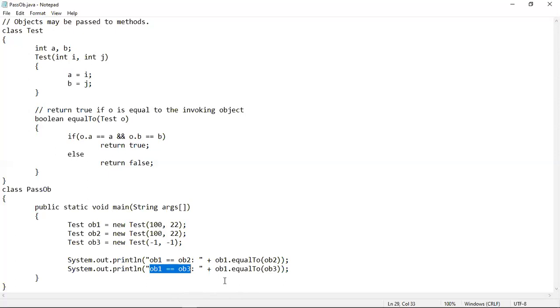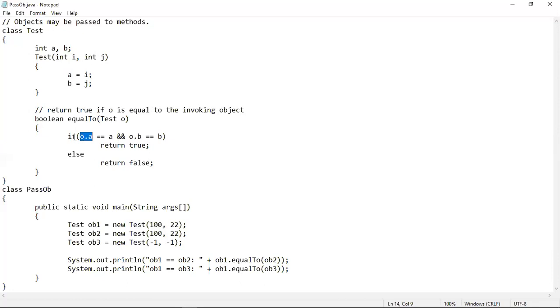Now we will check using this equals method by passing objects into this parameter. Here also the method has been called using the object OB1, and the parameter that has been passed into it is the object OB3. Now this OB3 object is of this test class, and this reference variable O is also of this test class. So no type mismatch is there. So OB3 can easily be passed into this O. Now inside this, we will check whether these two conditions are met or not.